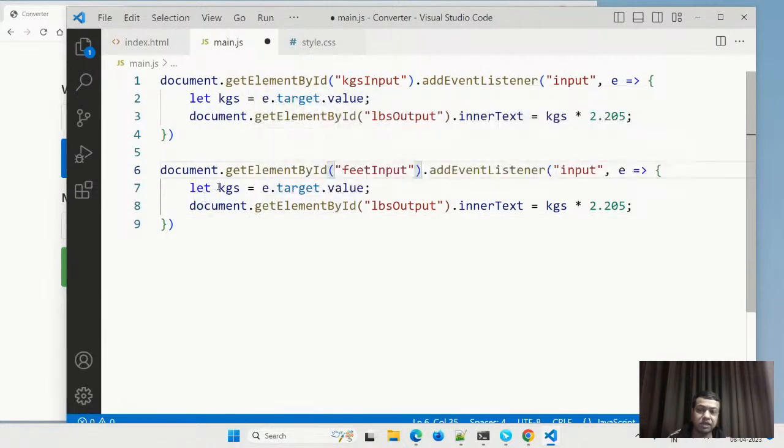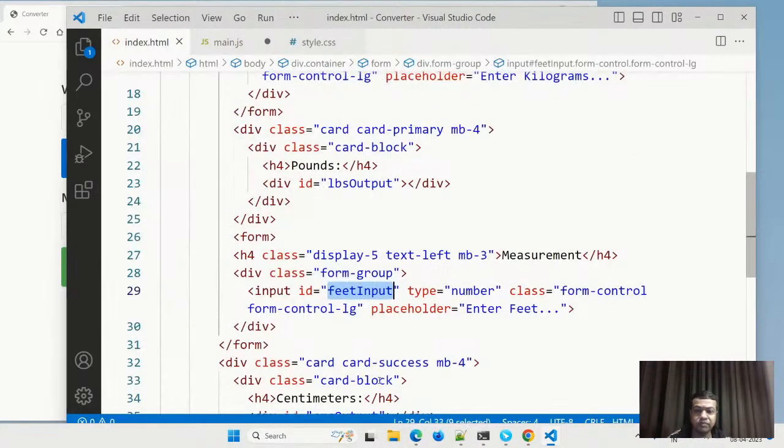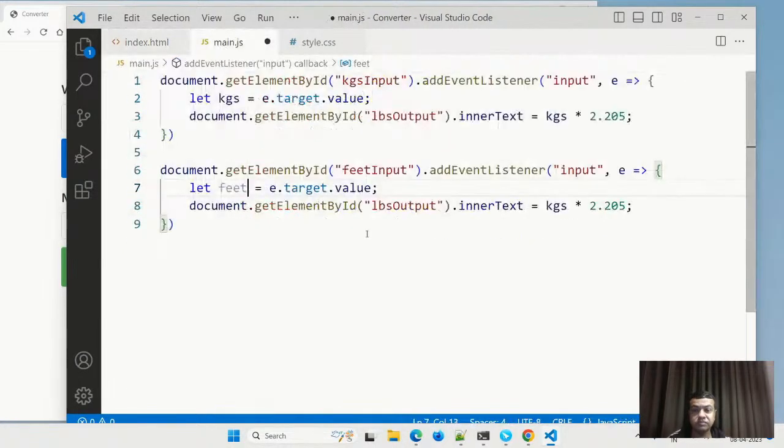Like feet now here, instead of kgs, I will have the feet target dot value, and then I will choose the CMS output. CMS output I will have, and then here it will be feet times 30.48. Save it.